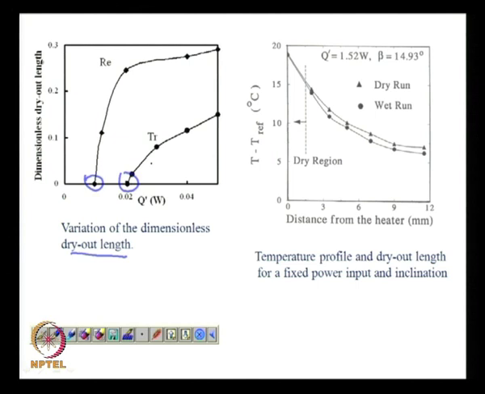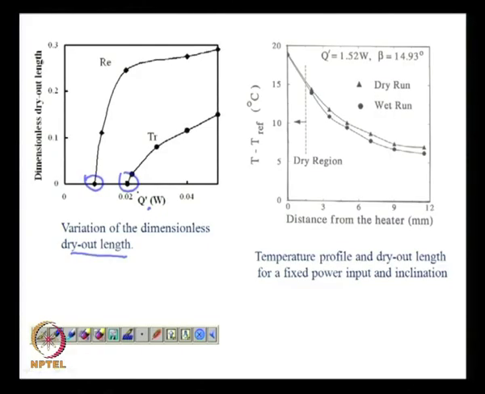dry spot is at a lower value of Q. So, if you are using the same Q for similar dimensions of micro heat pipes, one rectangular, one triangular, the rectangular is the one which is going to fail first. These numerical results simply show how the dry length is changing with applied heat, that is the heat duty of the system